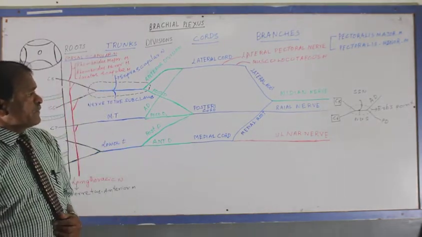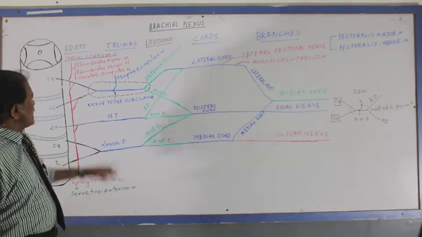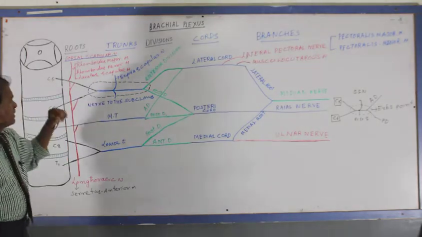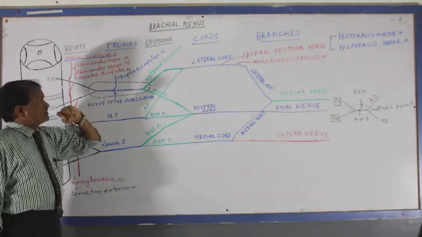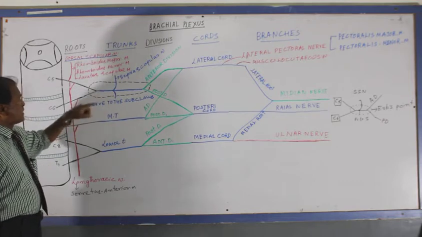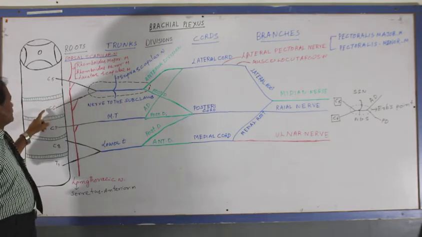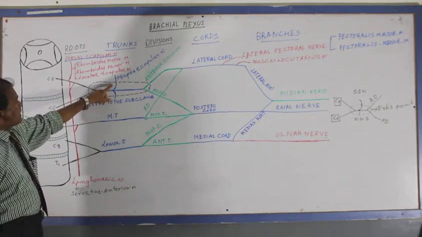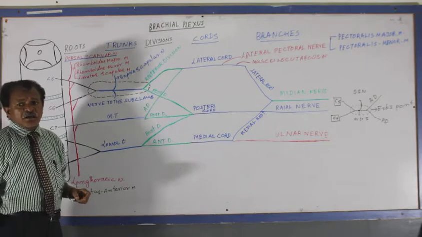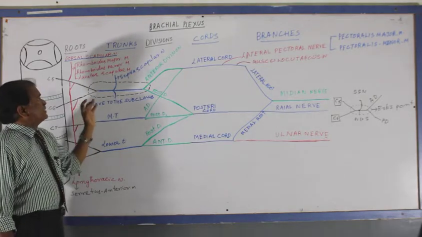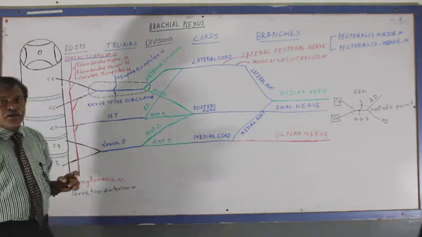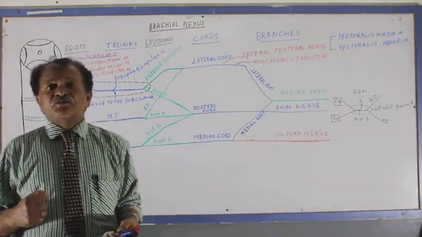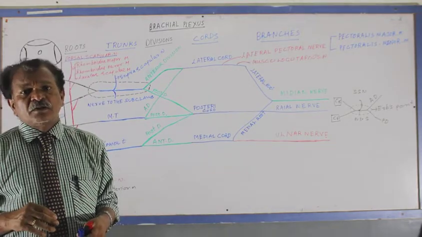We are discussing the branches from the upper trunk. In the upper trunk, the suprascapular nerve is there. It arises from the upper trunk with root values C5 and C6. It supplies the supraspinatus and infraspinatus muscles. The supraspinatus muscle's main function is that it maintains abduction from 0 to 15 degrees, and